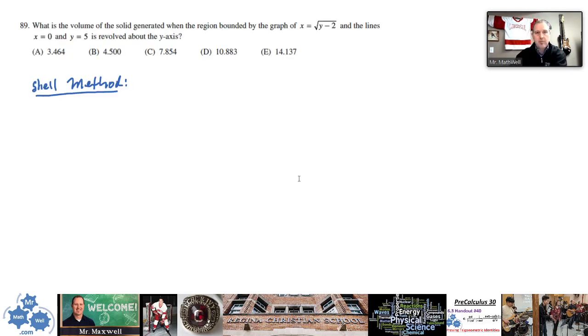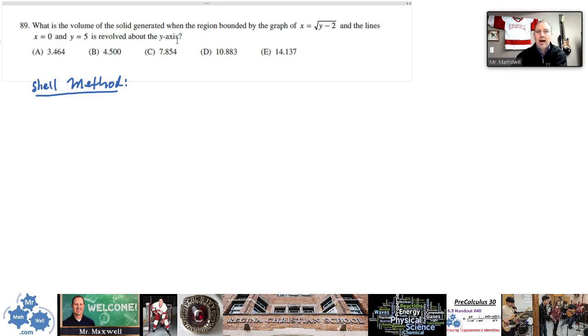Okay, so one more example for you. This is a practice AP question. This is the final question. I'm going to ask you to do this on your own, see how you're doing with this shell method. And I'll read the question to you, and of course it is multiple choice, so the correct answer is up here somewhere. So it says this: what is the volume of the solid generated when the region bounded by the graph x equals square root y minus 2